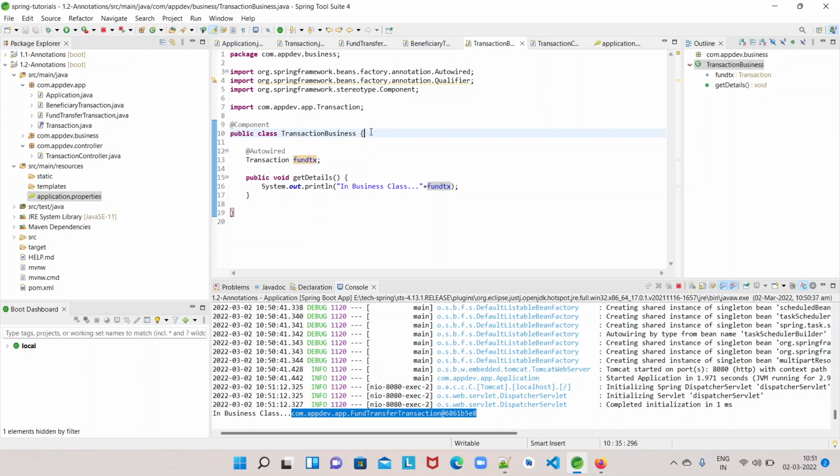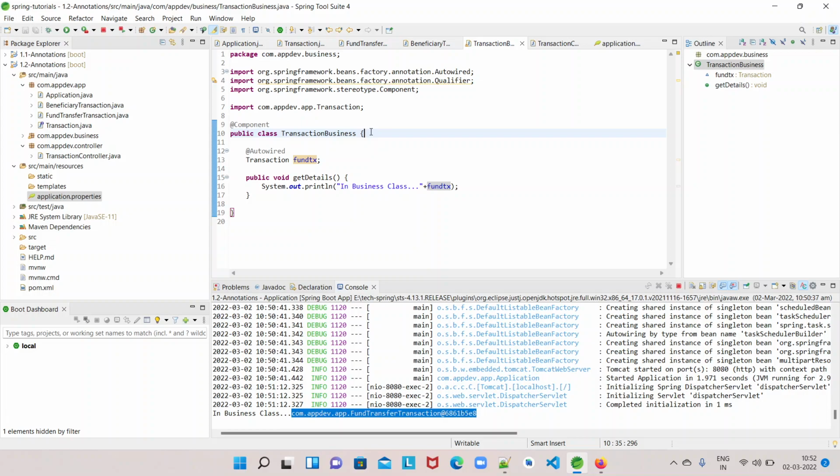We also have seen how dependencies are injected by default by the bean type and the bean name, and how @Qualifier comes to the rescue when you have multiple implementation classes of the same type. It is used to uniquely inject a bean, instructing the Spring container to identify the bean based on the value we specified to @Qualifier. Okay, all those things we have seen in today's video.